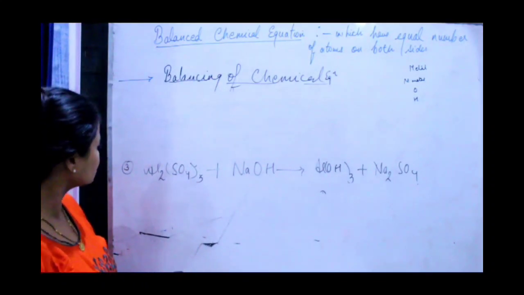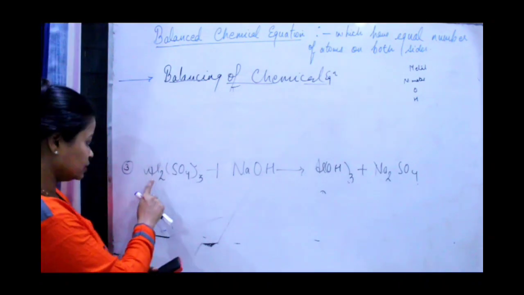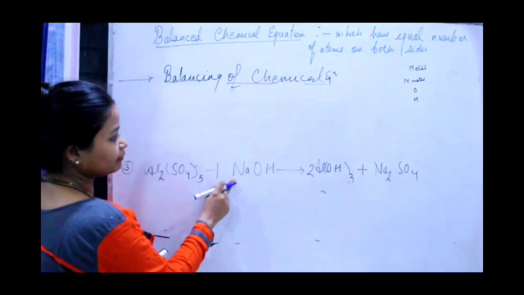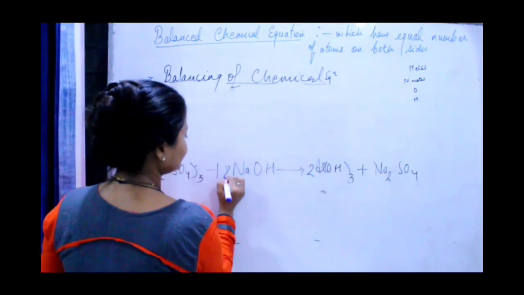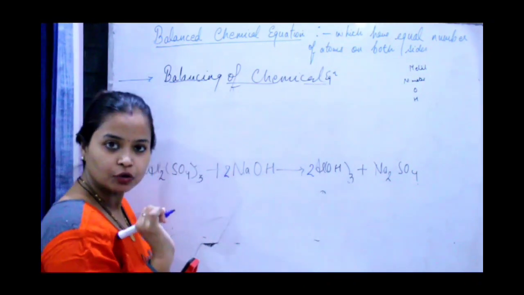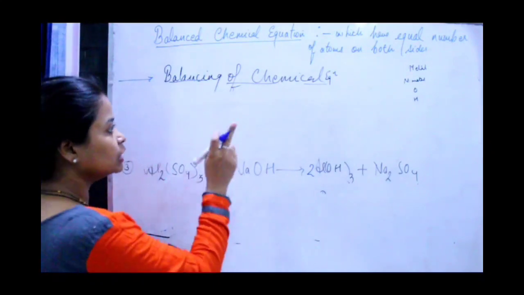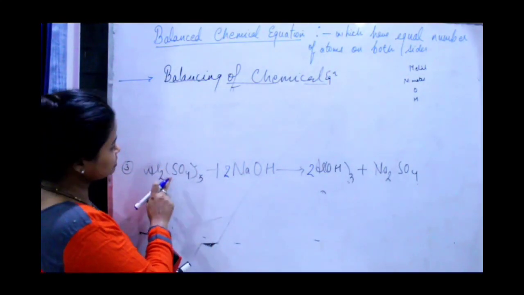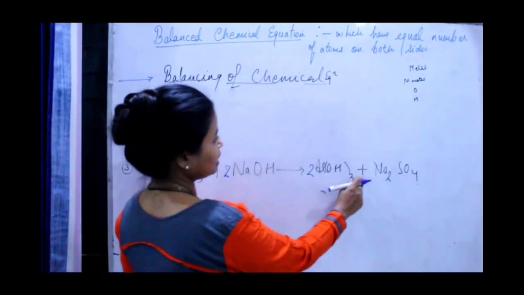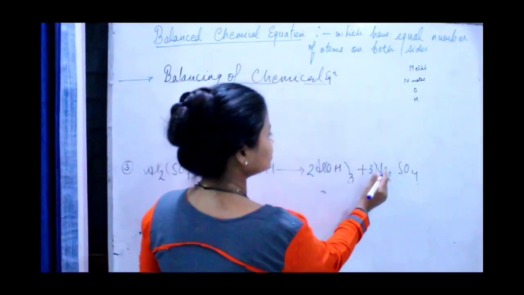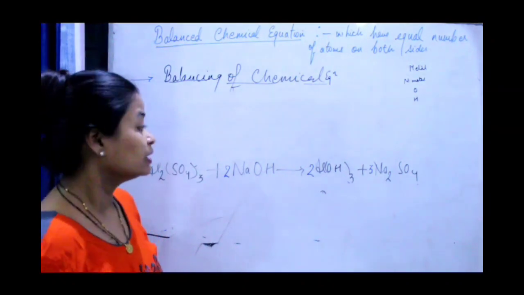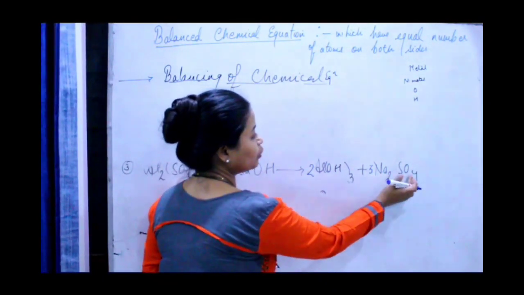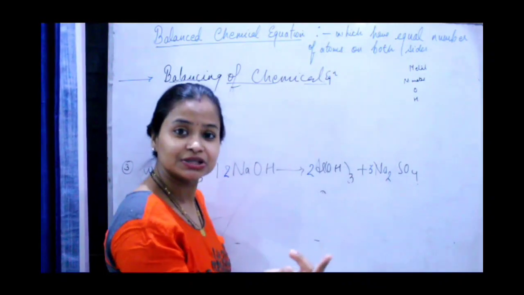First let me balance aluminium metal. 2. Let me write here 2. Aluminium balance. Sodium 1, here 2. So if I write 2 here, sodium also balanced. Okay, so both the metals are balanced. Now move to non-metal. Non-metal is sulfur. Fine, sulfur here 3, here is 1. So if I write 3 here, sulfur is balanced. But when I have written 3 here, sodium and oxygen atoms are also changed, isn't it?